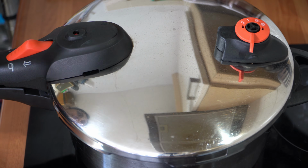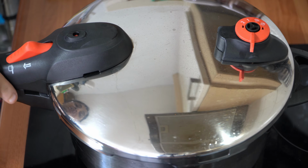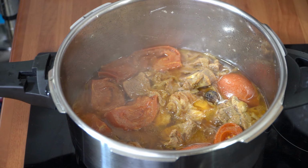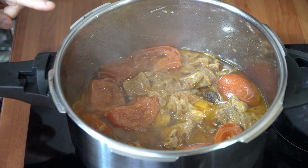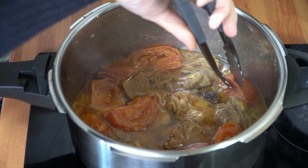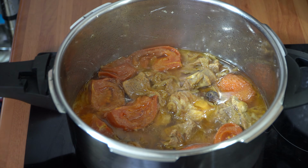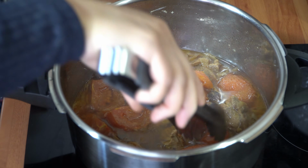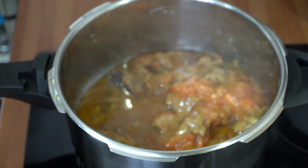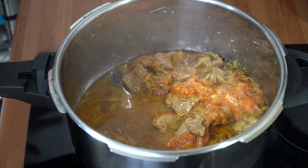Right, okay, so the 10-minute timer is up. I've safely released the pressure, and I'm just going to remove the lid to show you, and this is how it looks. And the reason why we added the tomatoes in so big is because I wanted to remove the skin. So now that the tomatoes have cooked down, just remove the lid, the skins, just like that, and discard them. We don't need them. Okay, and I'm just going to turn my hob on now, turn it to a 7,